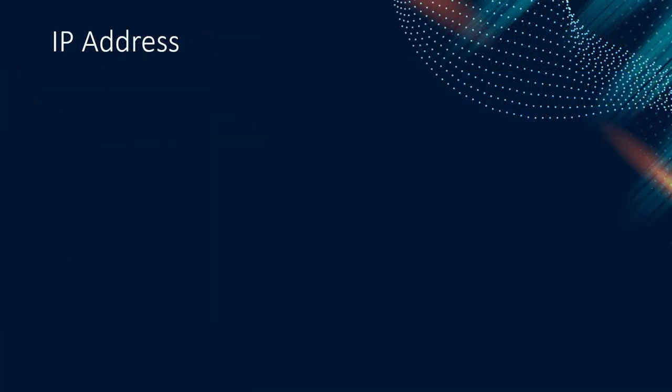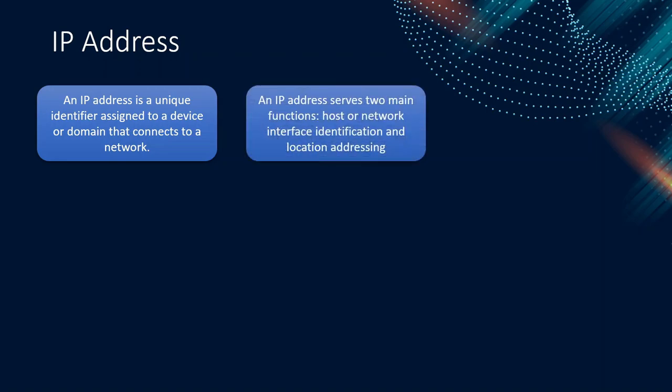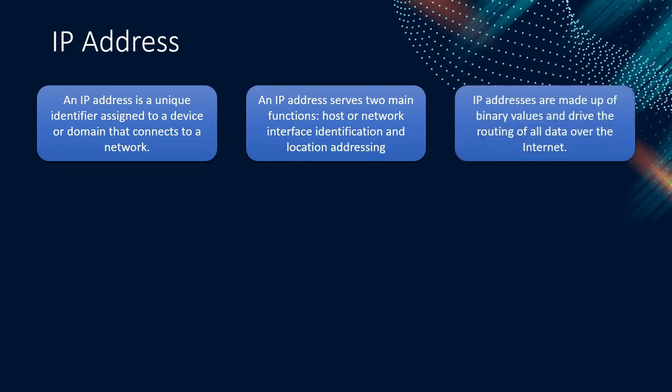So coming up next is IP addresses. As stated in the previous slide, we need a unique addressing system. IP addresses solve this problem. An IP address serves two main functions. Firstly is host identification, that is identifying the correct machine to which data needs to be sent and received. Secondly is network identification, that is, which network the machine belongs to. Lastly, an IP address is made up of binary values. Actually, for representational purposes, we use decimal or hexadecimal notation. Internally, it is just binary data.